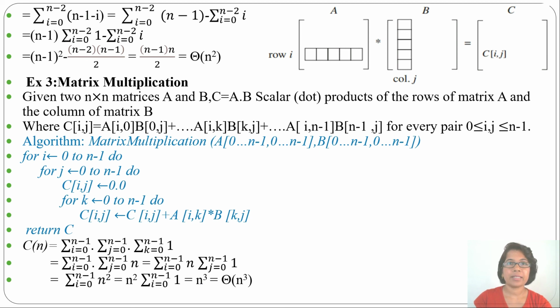I discussed three examples of analyzing non-recursive algorithms using the summation formula, which we can apply only to this type of for loop. These are the Pascal-style for loops that only increase by 1. But in C language, there are different variations of for loop. We cannot apply the summation formula to all for loops. That's why in the next lecture I will discuss how we can analyze non-recursive algorithms using the frequency count method. The summation method we can apply to a limited type of for loop, but the frequency count method you can apply to every type of for loop.